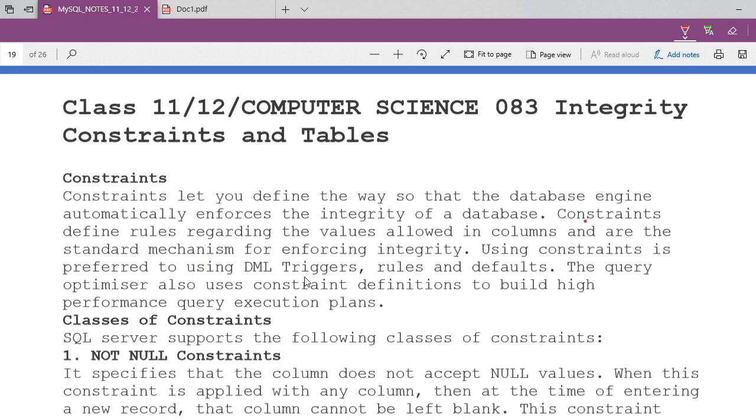Okay, so now come back here to this one, constraint. Got it? So now we are going to create some table, and in that table some constraint will be there. Constraint means some sort of rule enforcement. If I am entering age, then age should be greater than 18. If you are entering age less than 18, then the table is not going to take it. Have you seen this type of software somewhere, where you put in the data and the data is not accepted because the conditions are not being met?